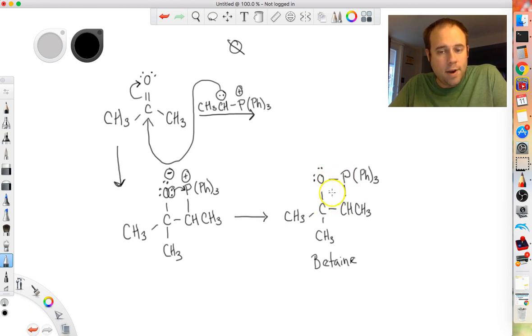The 4-membered ring is relatively unstable due to angle strain, and so it will collapse on itself to deliver the final compound here. The way that this ends up going is that these electrons will fold down into an alkene bond, and these electrons will fold up between the oxygen and the phosphorus. And hopefully you could see what may come out of this if you were looking at it. If you have a double bond there, you're going to get an alkene